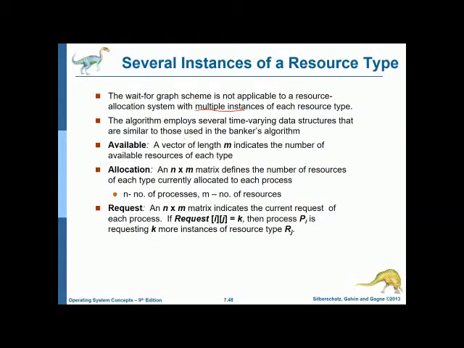So what we require here is several time-varying data structures that are similar to what we learned in the Banker's algorithm. If you revise the Banker's algorithm, you'll understand that different data structures were introduced, either a one-dimensional array or a two-dimensional array, which helped in allocation, that is available, allocation, need, maximum. All these were different kinds of data structures involved in solving this deadlock avoidance, or Banker's algorithm. So in this case, we'll be looking at 3 data structures specifically.